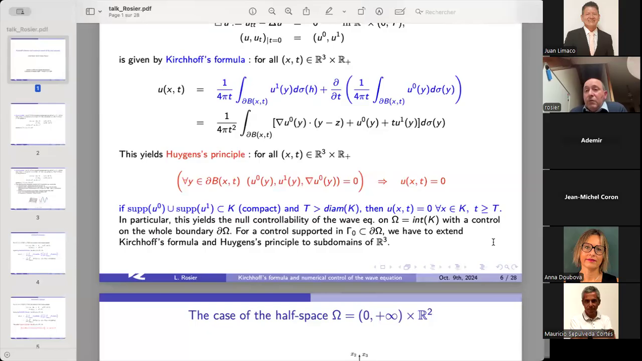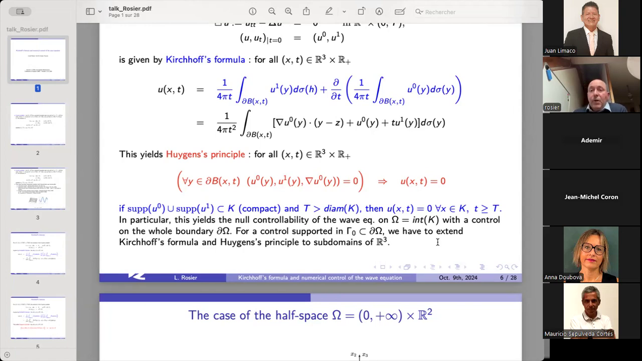So immediately, and without any work, you can say that if you take as omega the interior of K, so if you have a control which is distributed on the whole boundary, you know from this that you can achieve the null controllability in time capital T. But of course, it's not interesting because you control on the whole boundary. And what we want to see is, can we have a similar result with the control on a subset of the boundary? So to do that, of course, we need to extend Huygens principle of Kirchhoff formula to a subset of